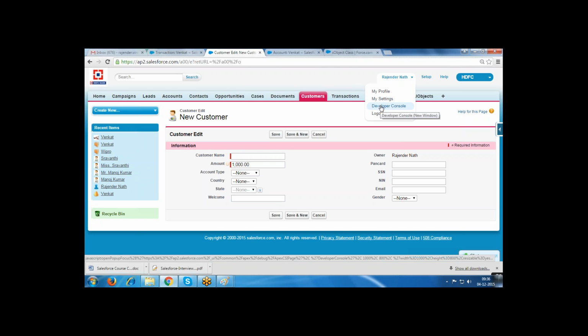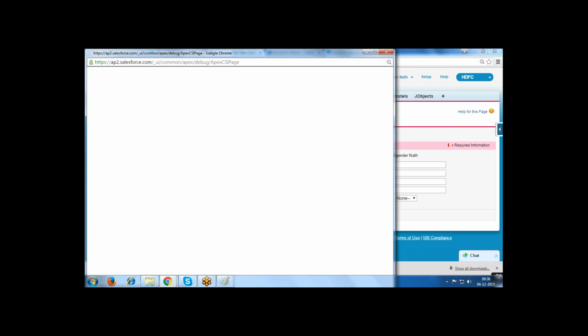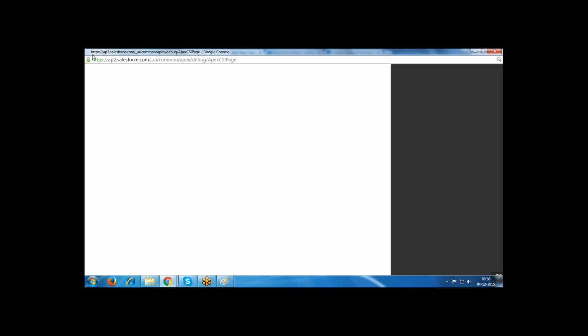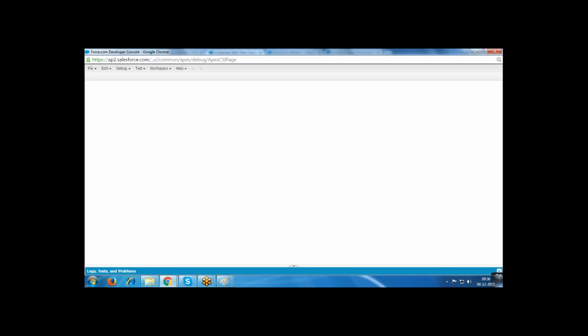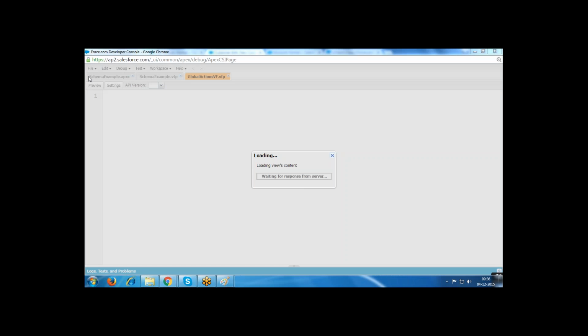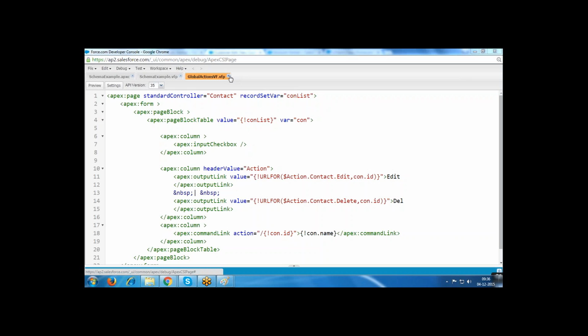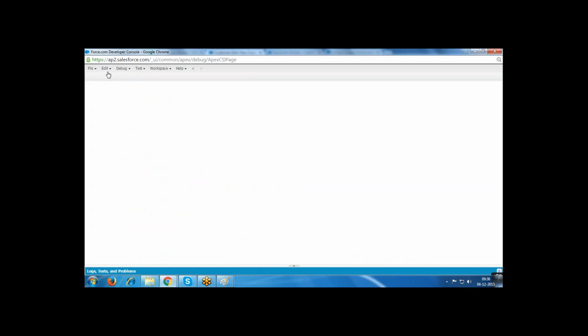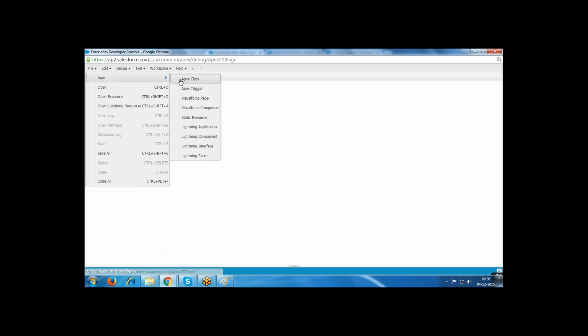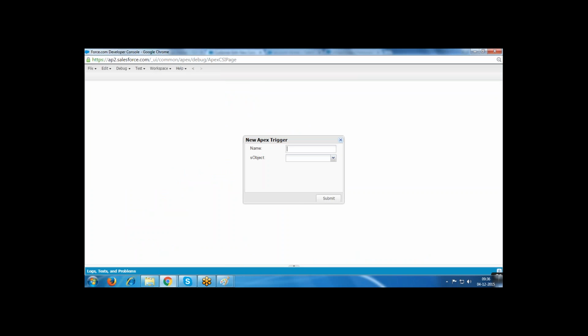In another way also you can create it, in the developer console. In the developer console, select the new Apex trigger.